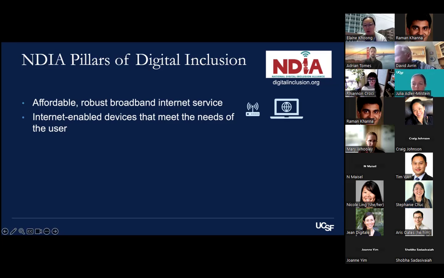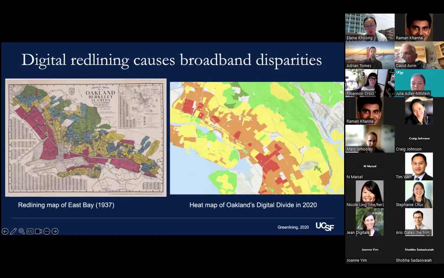So the first two pillars, which folks will largely be familiar with, are internet access and device access. For those who are less familiar with the data, one of the challenges in internet access is that we know there are clear disparities that align pretty closely with historical disparities. So here in this area,